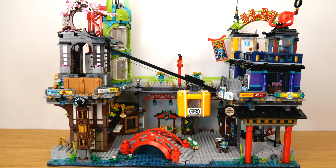Obviously, you have the huge cable car running across the center of this city square. I don't like that. I don't think the function works very well. I'll start getting into all of this, but I don't think it makes any sense. It's a cool feature, I guess. It's cool that they managed to make that work,